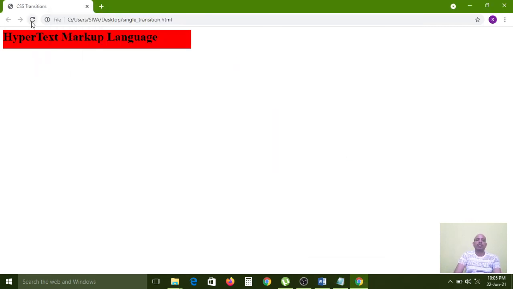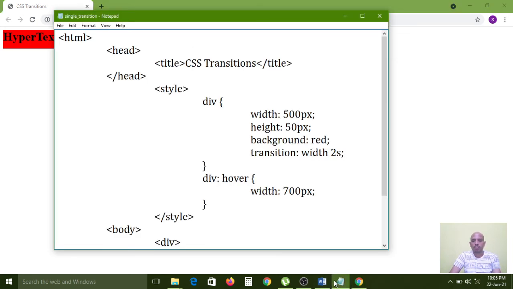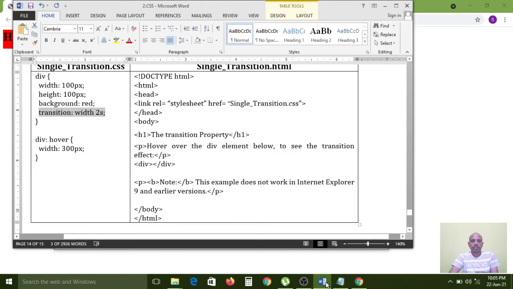Please carefully observe here. Now I am hovering on the text. It is not moving. Why? Again it is going to the same output. It is showing the same output. Transition, transition 2 is width to 300 pixels.